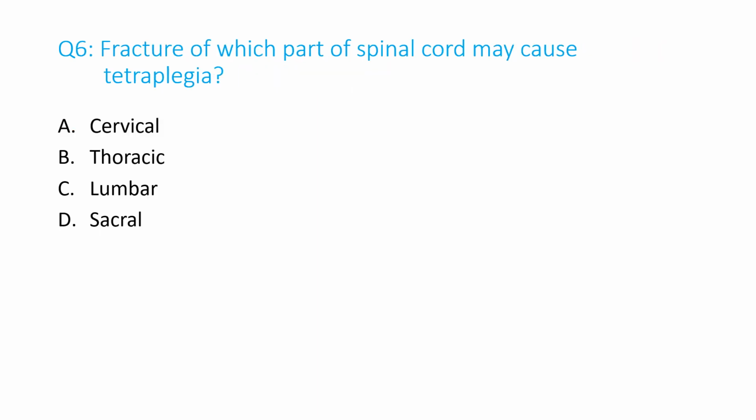Number 6. Fracture of which part of the spinal cord may cause tetraplegia? A. Cervical, B. Thoracic, C. Lumbar, D. Sacral. And the answer is